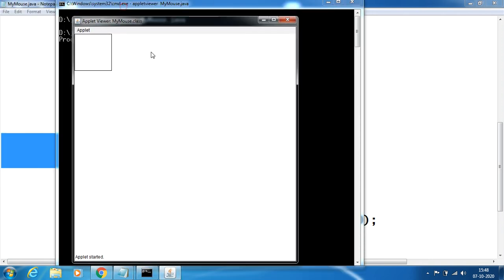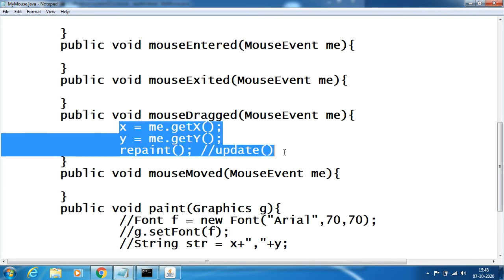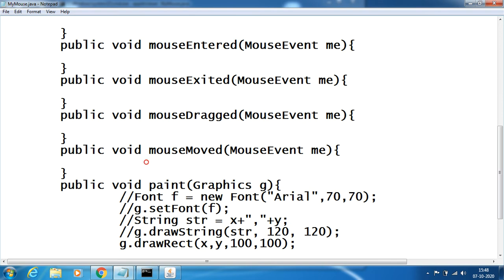Now check here, the rectangle can be dragged. I am dragging, I am not clicking, mind you. Dragging is nothing but after clicking I have to move. Moving doesn't need a click. Drag needs click and move.